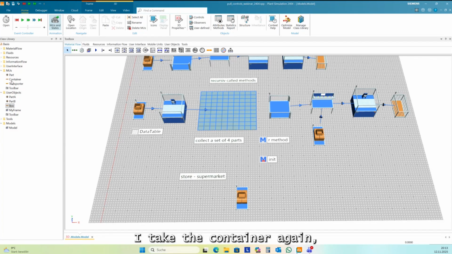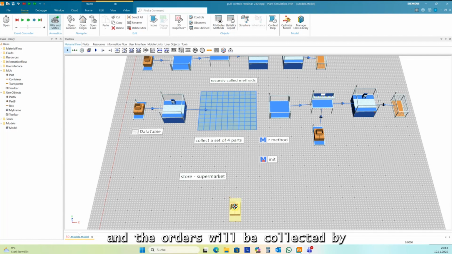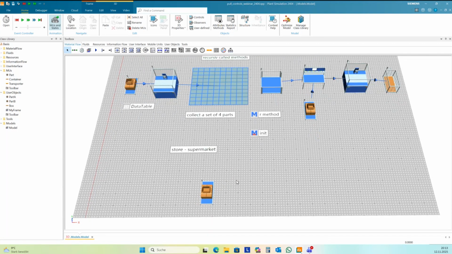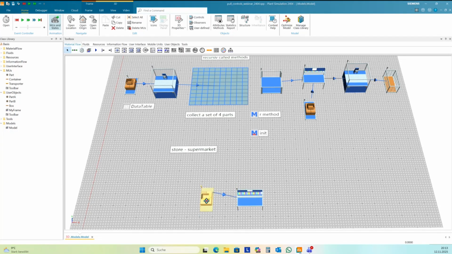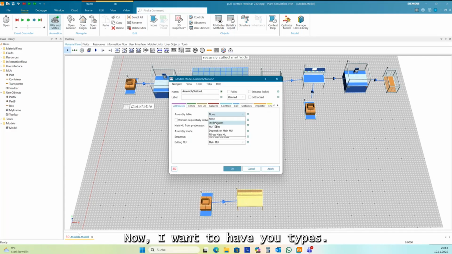So I take the container again, and the orders will be collected by the assembly station. Now I want to have MU types.